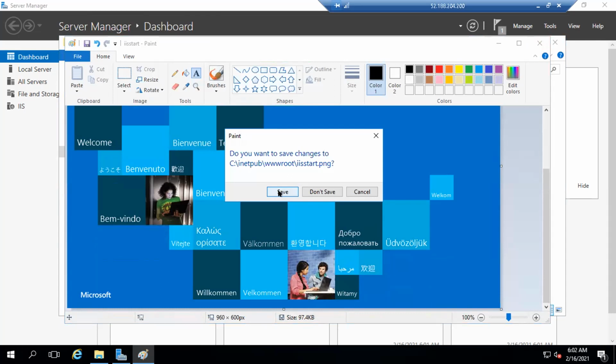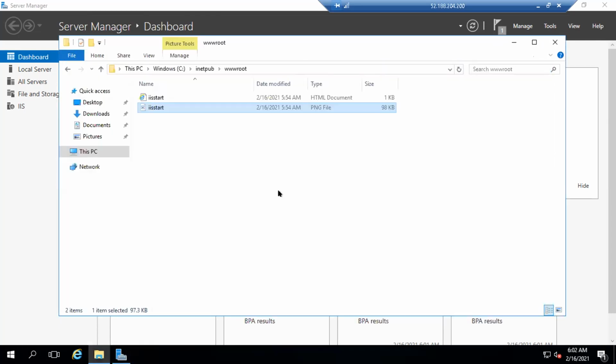Save. Now open your mobile. Open your browser and type the IP address, 52.188, whatever the IP we have. See what is coming.